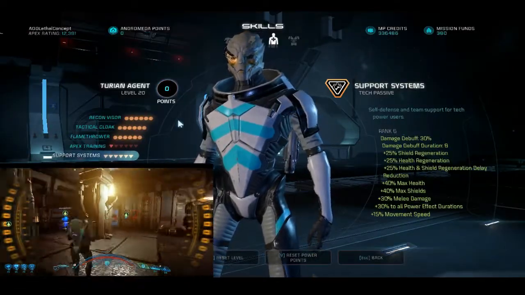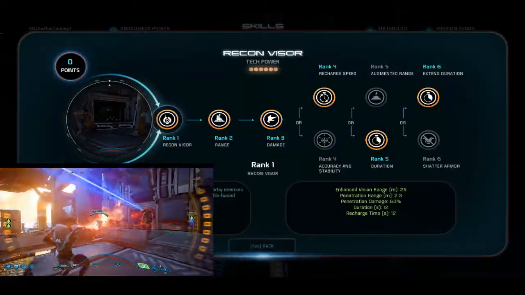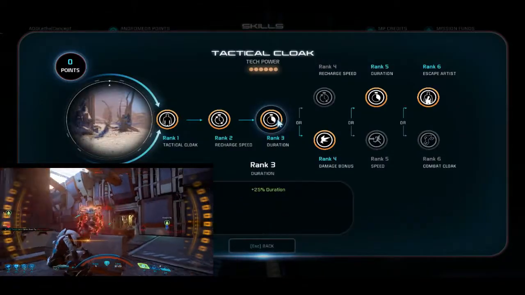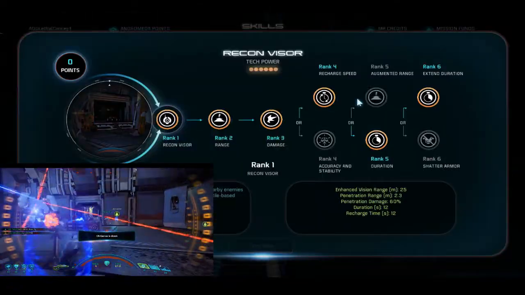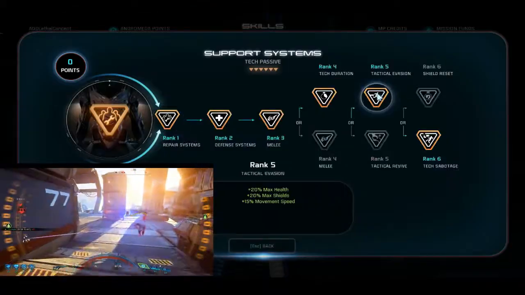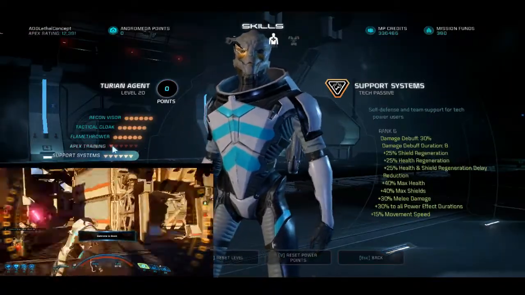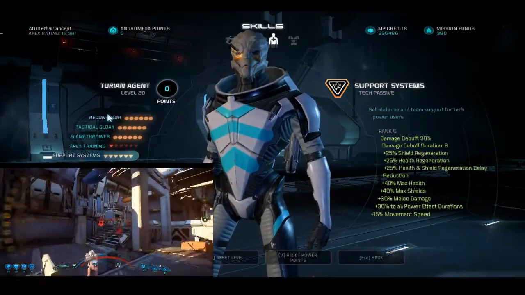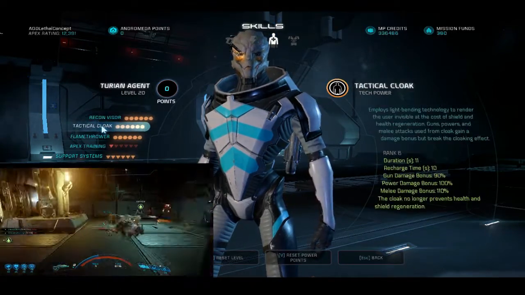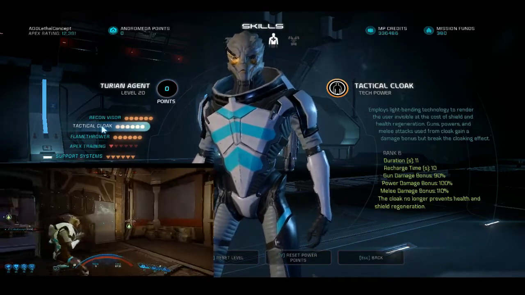As for what to level up first, I would actually go for a mix of upgrades. So I would go for rank 3 in tactical cloak, rank 5 for the duration of recon visor, and then rank 5 for support systems to get their health. Then there will be a personal preference of maxing recon visor versus tactical cloak. I prefer to max tactical cloak because it provides utility, allows you to do objectives and